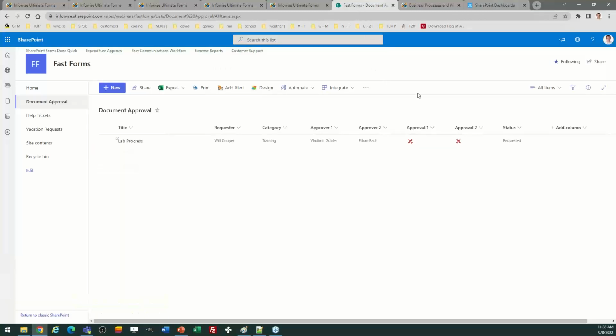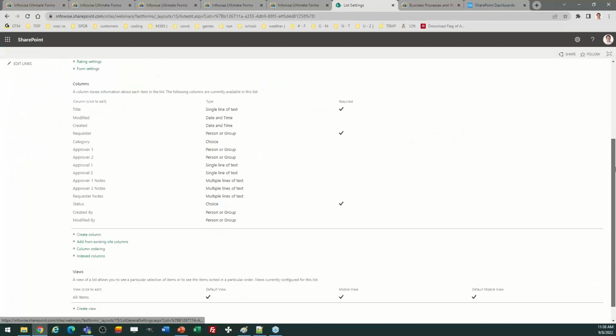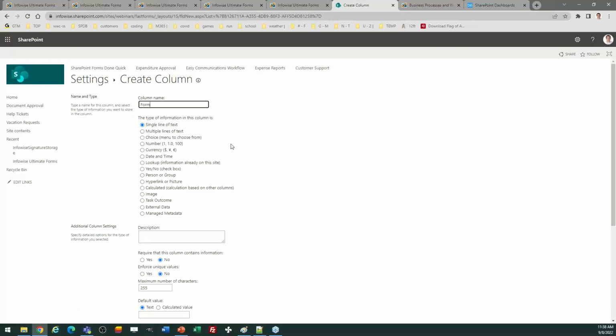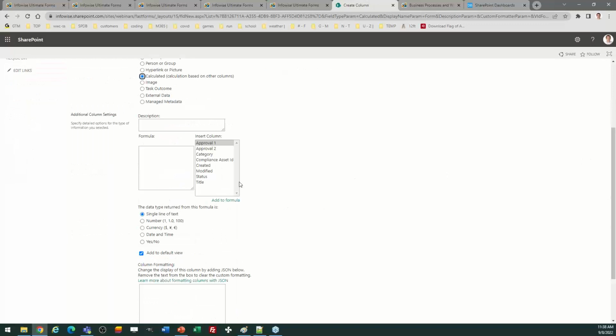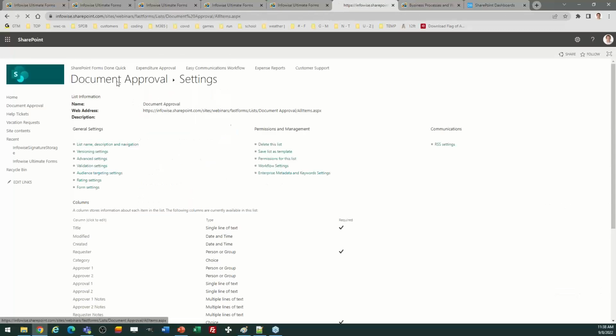All right, so I want a field in here so I can do edit. So I'm going to go to the list settings. I need to create a field to hold that. So I'm going to do create column. I'm going to call this form, and it can be calculated. All right, so I'll just put some stuff in. This is just something to hold that. So that's going to be on the list view, and then I can use my code to make it look